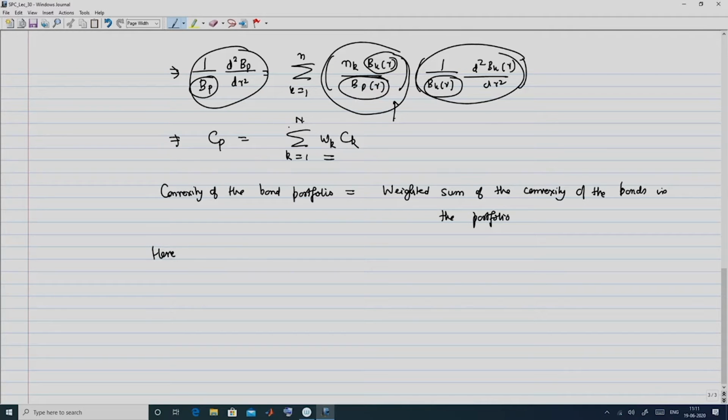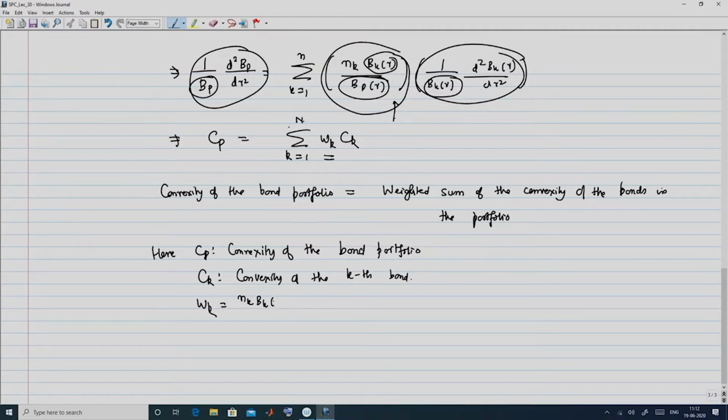So, here Cp is the convexity of the bond portfolio, Ck is the convexity of the kth bond, Wk which was Nk Bk of R over Bp of R, this is the weight of the kth bond in the portfolio,